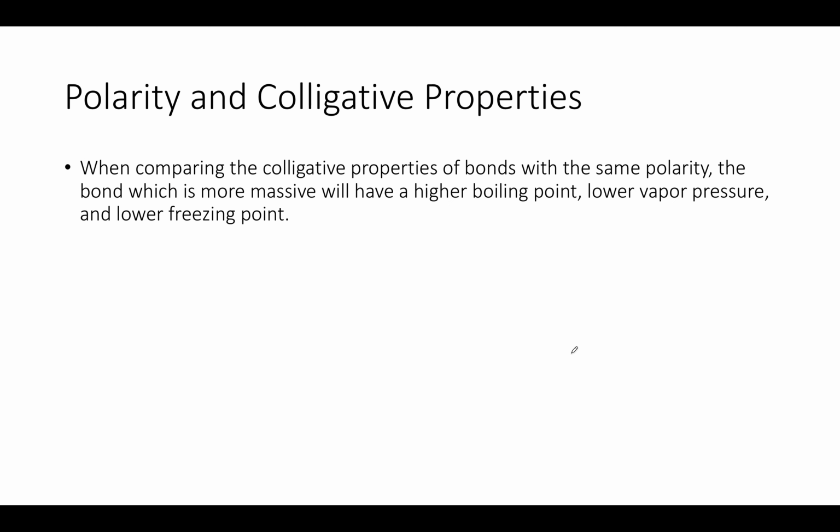So polarity and colligative properties are important because if you're comparing the colligative properties of a bond with the same polarity, the bond that's more massive, meaning it has a higher molecular weight, will have the higher boiling point. Therefore, it would have a lower vapor pressure and a lower freezing point. So the way that these three colligative properties are related is if your boiling point goes up,